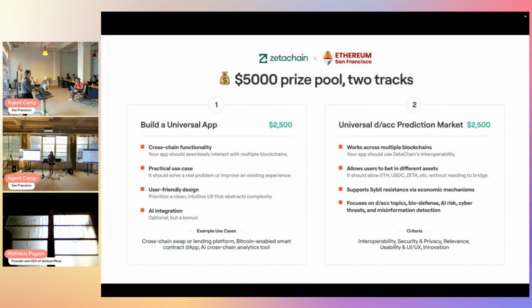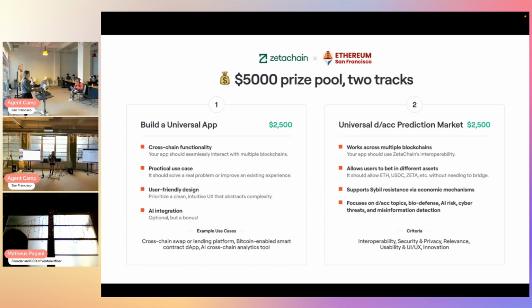This time we have set up hackathon bounties for EthSF. Let me briefly introduce the prize pool and tracks first, and then I can go through in depth how we work. We are setting up a 5K prize pool with 2 tracks. The first one is to build a universal app.